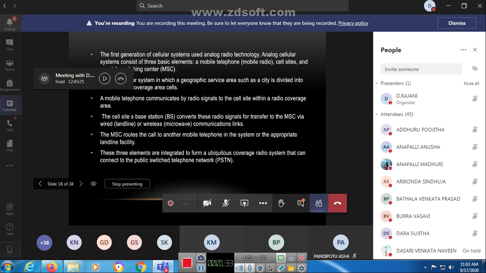This geographic area we can cover in a cell, where we can take the cellular system, analog radio technology, for mobile telephone communication. First the cell site covers the signals